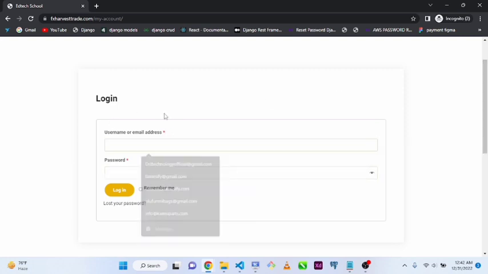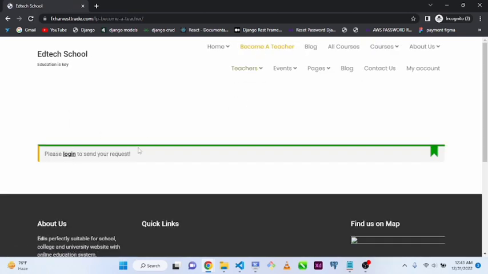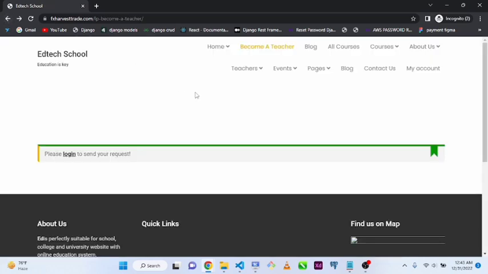And to register, I need to input my name and do everything based on how I want to do it. But on this, we don't have a section for registration. Even if I say I want to become a teacher, it's taking me to a "please log in" request. And this is not what I want, because I want to be registered. And clicking on the login request is taking me to these other pages. Now how do I